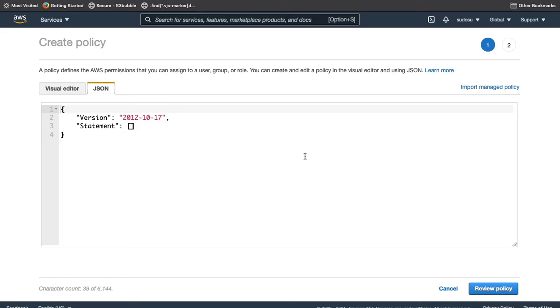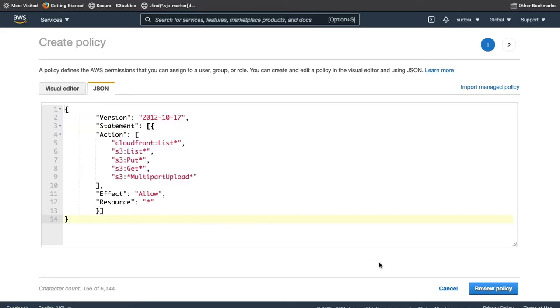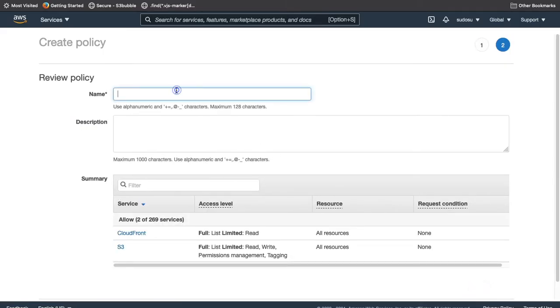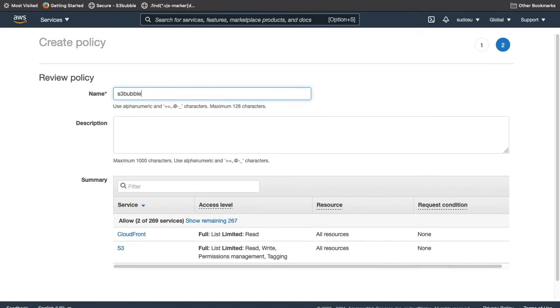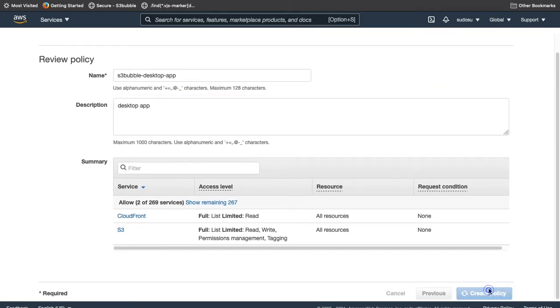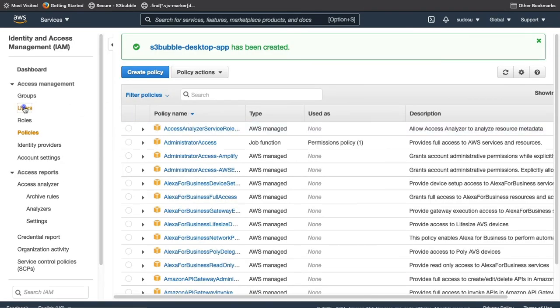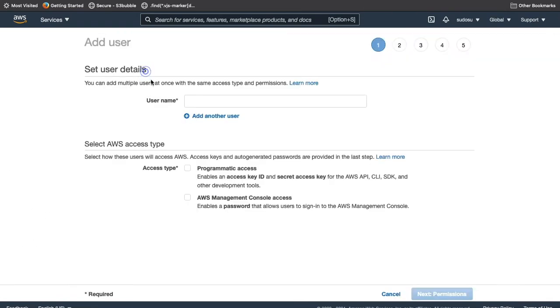So let's go back to Amazon, paste in our JSON code. And we'll call this S3 Bubble dash desktop app. And just put desktop app. So there we go. Create the policy, and exactly how we did with the IAM connection to the service,